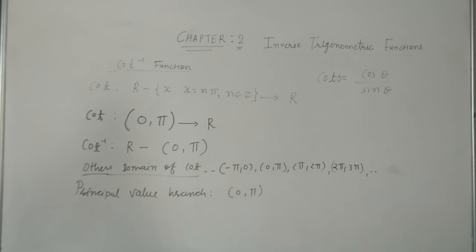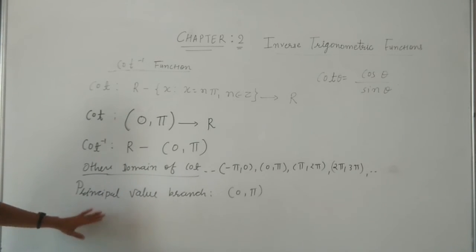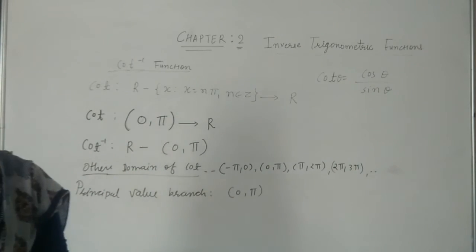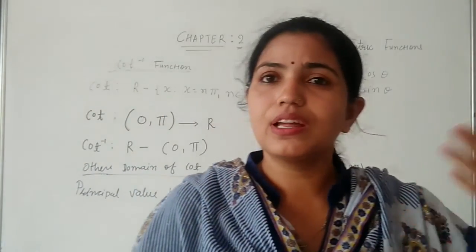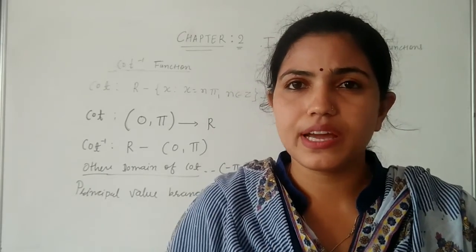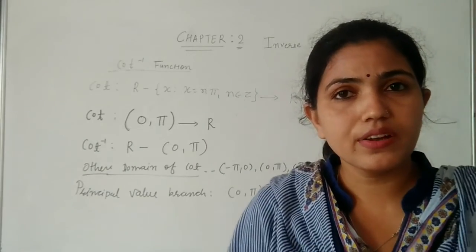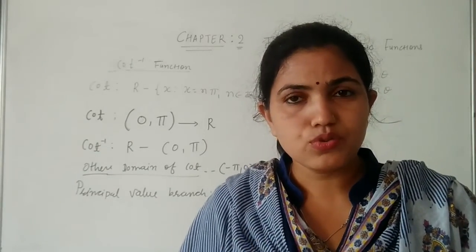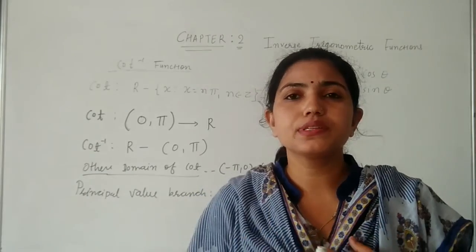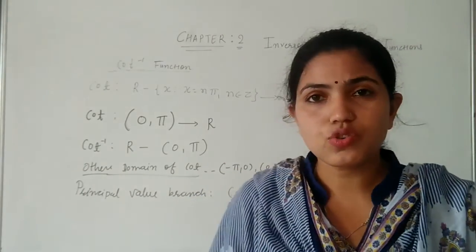So this is our definition of the cot inverse function. In this, you can clear it with the domain, range, and the things we are having. So this is your cot inverse function, students. Now I think you have a clear idea about the inverse trigonometric functions. In the last video, we saw three definitions: sine inverse, cos inverse, tan inverse. Today we have seen sec inverse, cosec inverse, and cot inverse. Remember students, the domain, range, and the principal value branch of the function. With this we stop today.